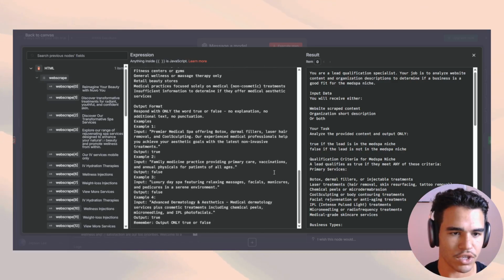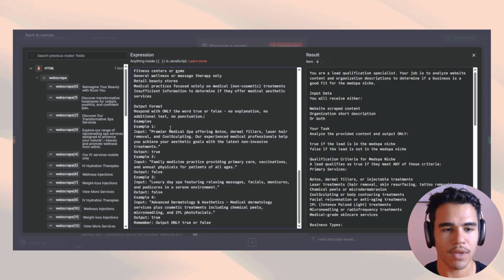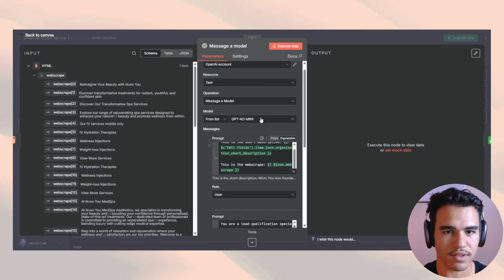More prompt conditioning, just say true or false with more examples. Examples are one of the best ways that you can actually prompt engineer because it really just puts the guardrails up for the AI. So let's go ahead and test this out with our,